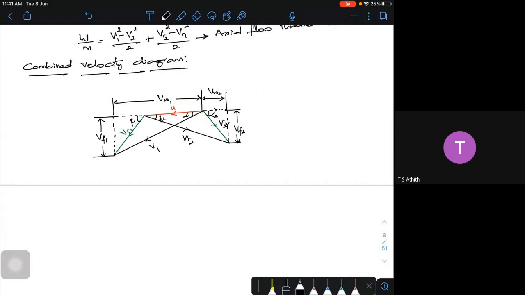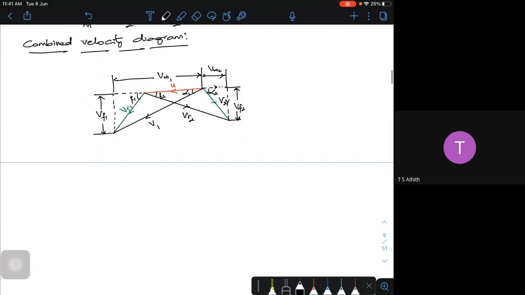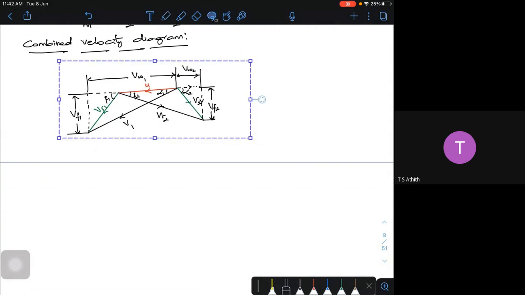Now, closely observe this. In this velocity triangle, you are seeing that VF1 is bigger than VF2. Most of the time, if both the inlet and exit velocity triangles are the same, in that case VF1 is equal to VF2. Here I can write VF2, that is the exit flow velocity. So from the velocity triangle, let me draw to the left hand side. Observations.